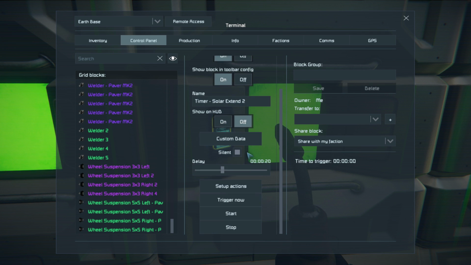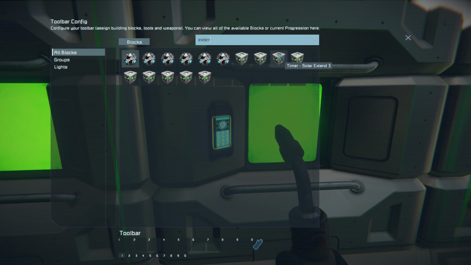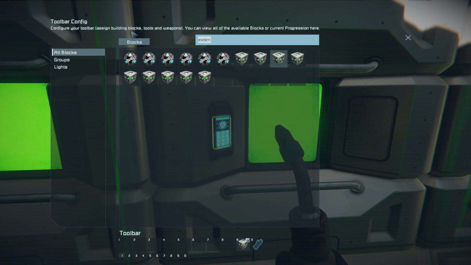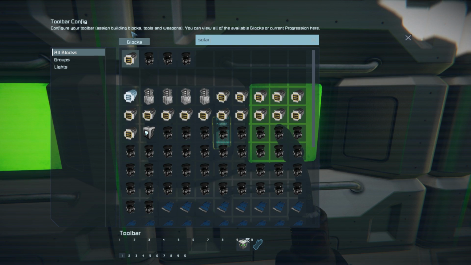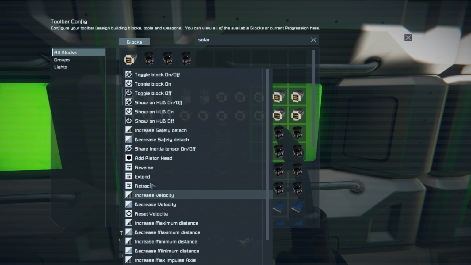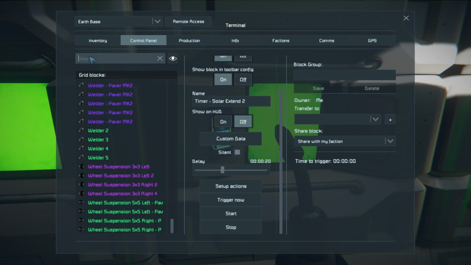So now, solar extend 2. What is the next action? Well, we need to call extend 3, start, and then think about what's the next thing to do. We need to extend the tower out. So we need to go to our solar tower and extend. Alright, so with that,